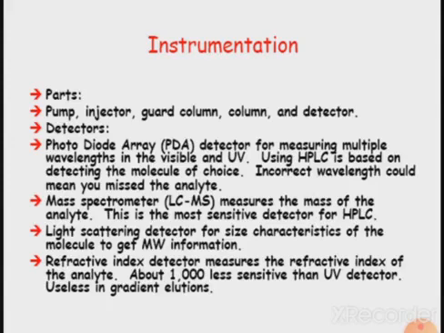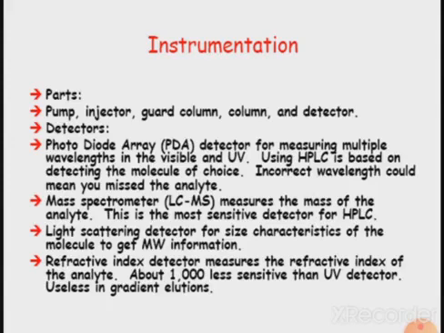But if we see the core structure, then the main parts are the pump, injector, guard column and detectors. The detector is the main part of the instrumentation. For example, we have a number of popular detectors, such as the photodiode array detector, called the PDA detector.